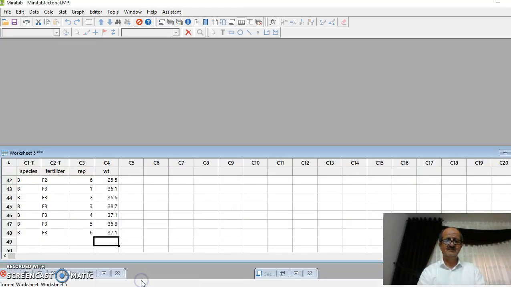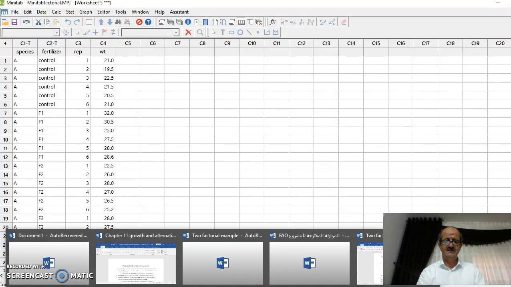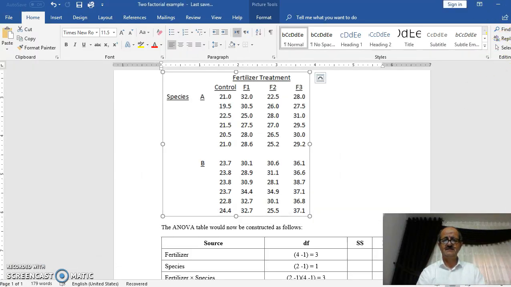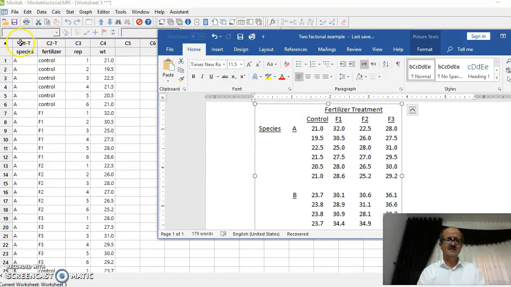I've already entered the data in Minitab. Let's have the original data here. The first column is for factor 1, which is the species, A and B: 48 observations, 24 for A and 24 for B. Then we have the other factor in the other column, which is the fertilizer. We have 4 levels, or 4 types of fertilizers, 3 and the control, and 6 replicates, and our response variable,